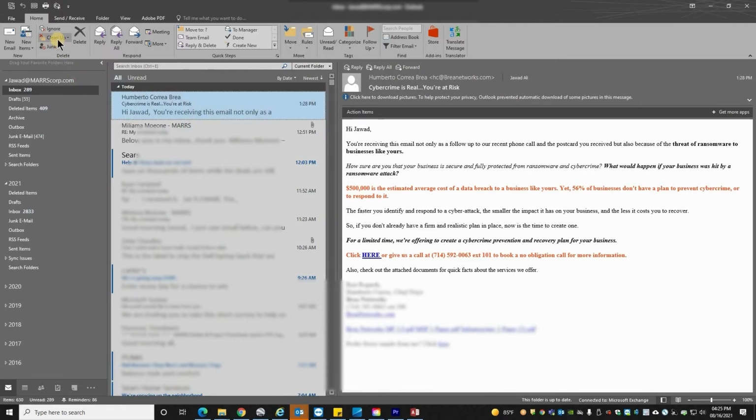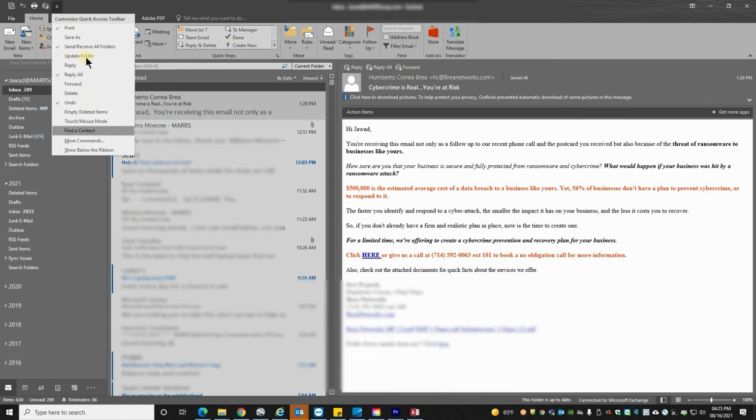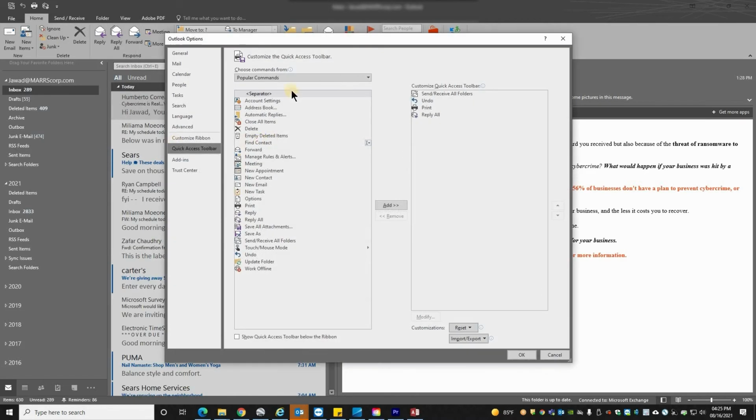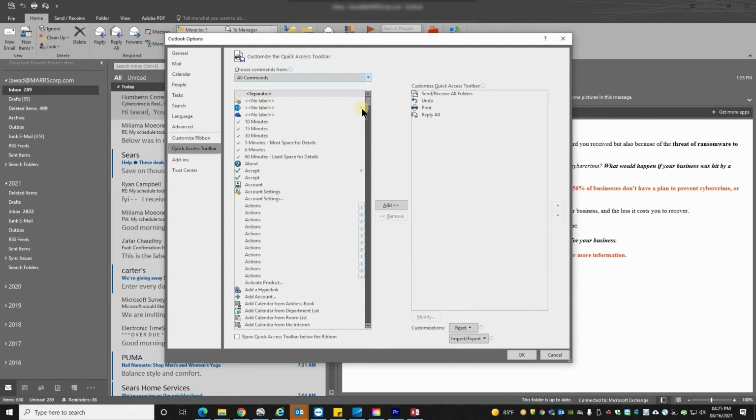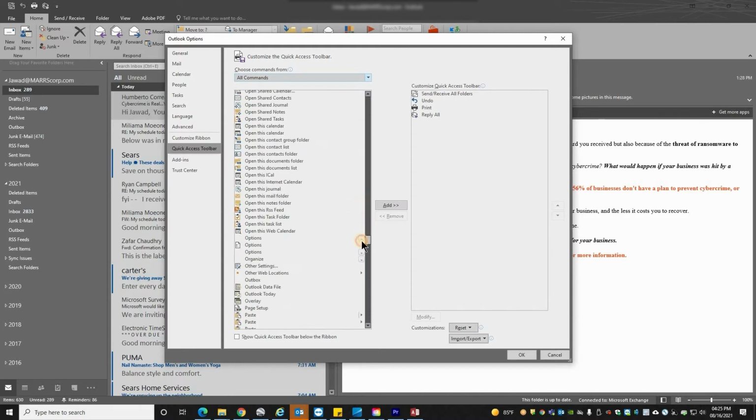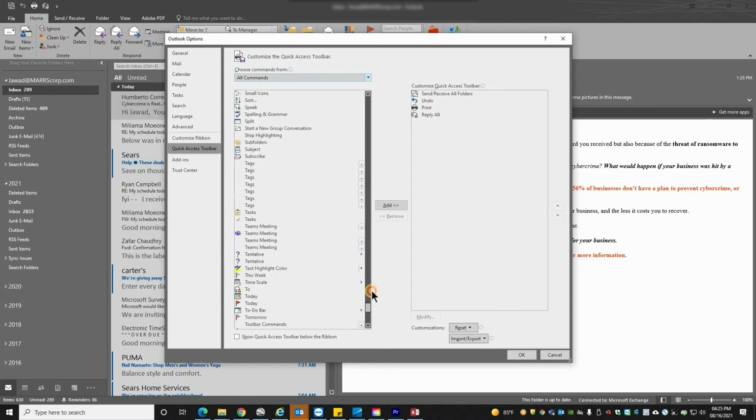And if I want to remove anything, say I don't want address book, I just right click on it and the first option is remove from quick access toolbar. These are predefined in front of you, but if you don't see an option over here, don't worry. You just need to go to More Commands. If you choose popular commands, or if you want to see all commands, you can go to all commands and you will see hundreds of commands over here. I mean all the options Outlook has.